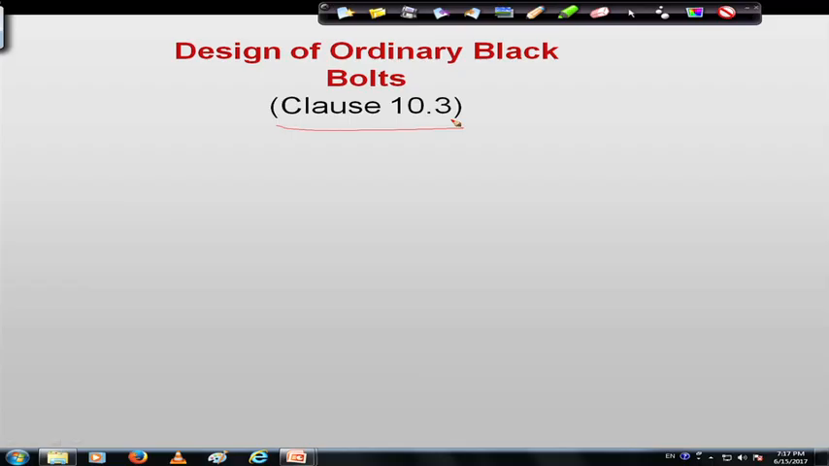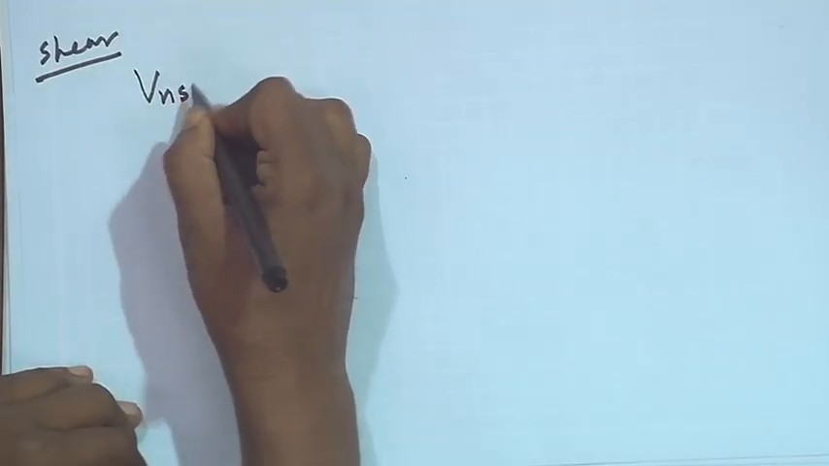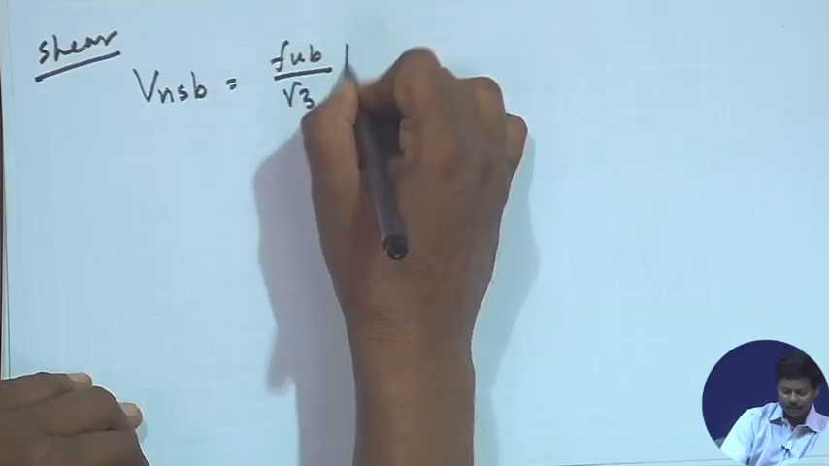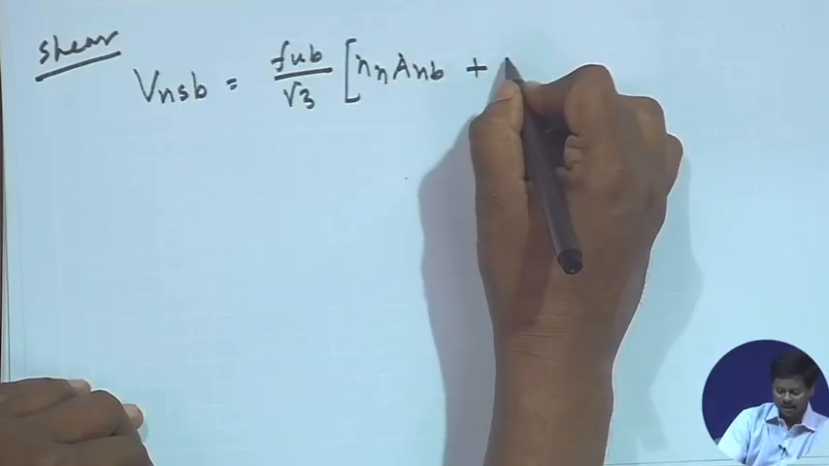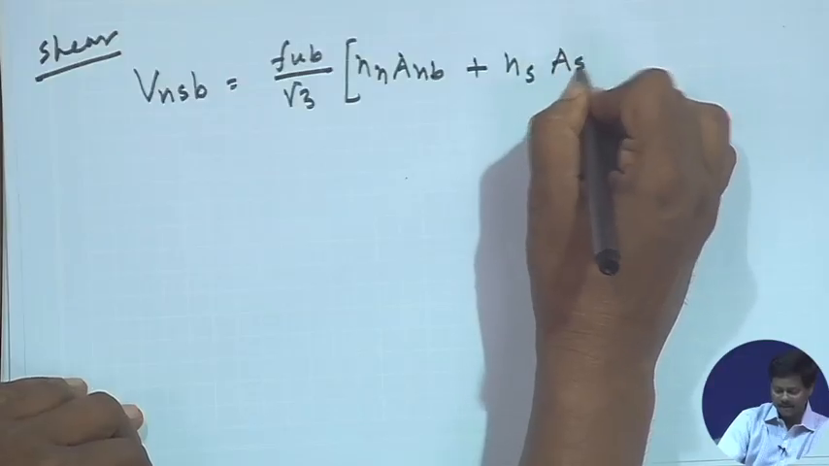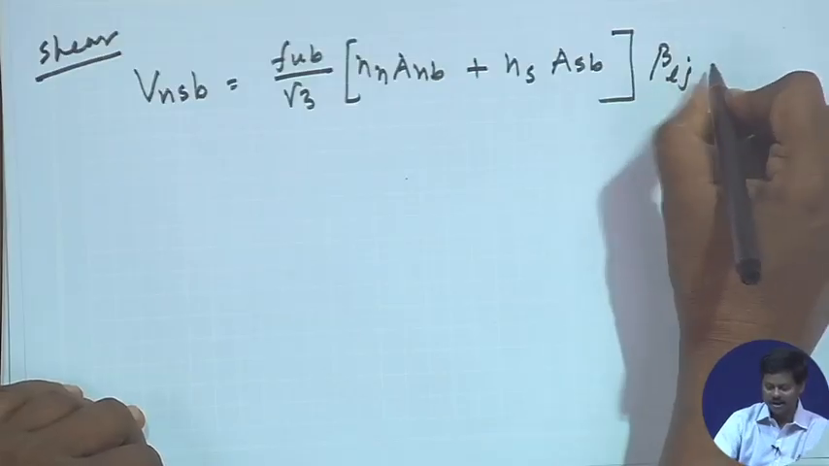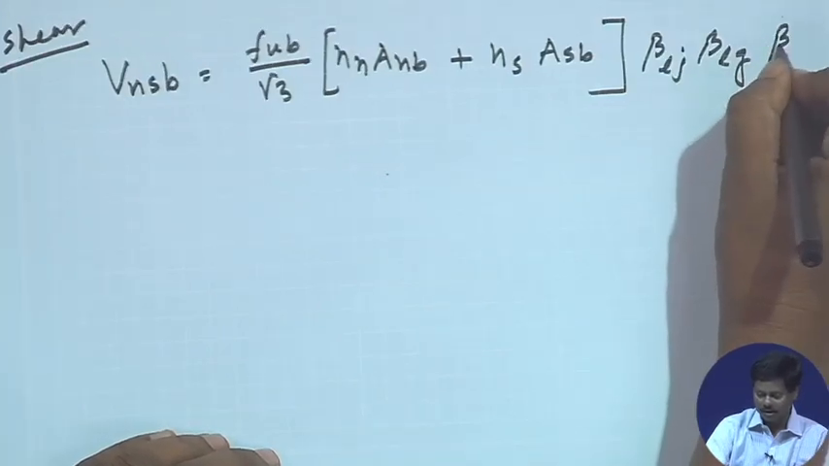2007. So, in clause 10.3 if you open, you will see a formula is given for bolt in shear. For shear, the formula is given as V_nsb is equal to f_ub by root 3 into (n_n A_nb plus n_s A_sb) into beta_lj. These are some reduction factors. I will come to these reduction factors, how to calculate them, and then beta